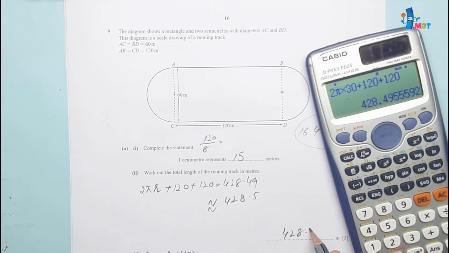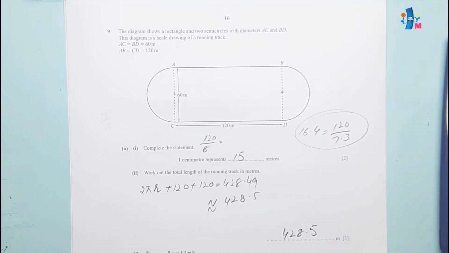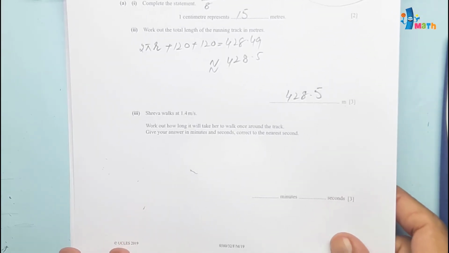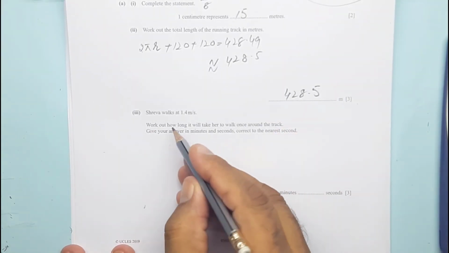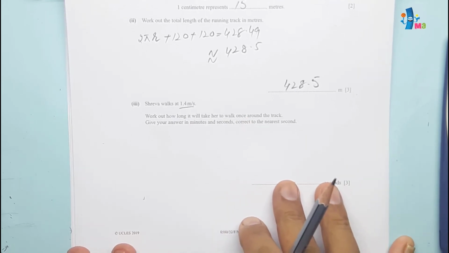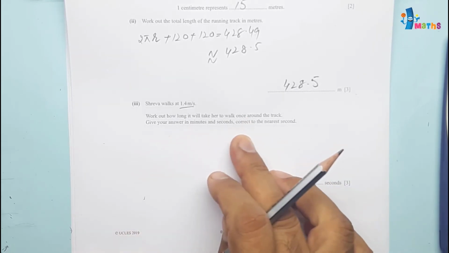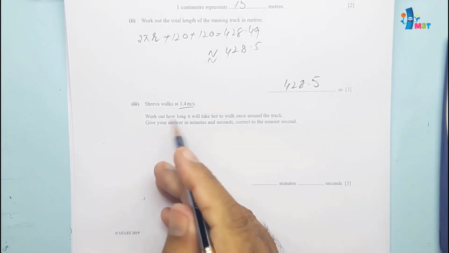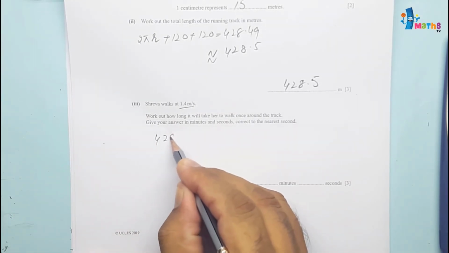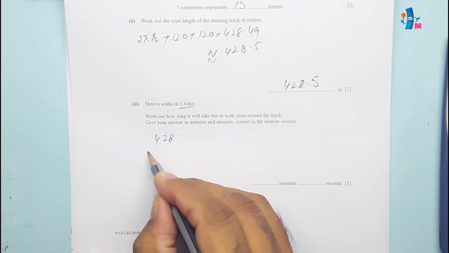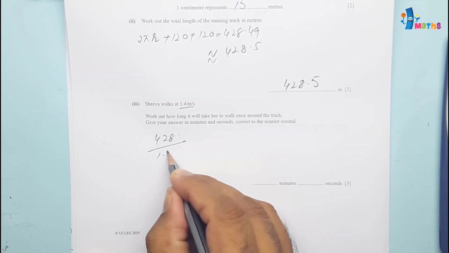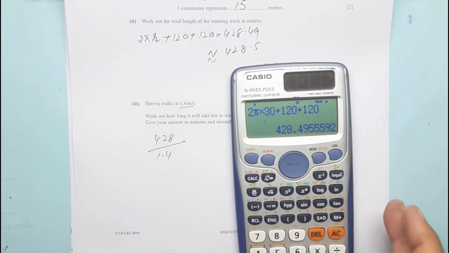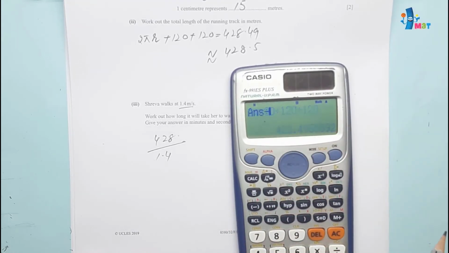428.5 or 429, whatever you like. I'm writing 428.5. So after this, next part 3 is Shriva walks at 1.4 meters per second, and we have to work out how long it will take her to walk once around the track. Once around the track means the distance she has to cover with the speed 1.4, and if we divide this, the same calculation divided by 1.4, this will be equal to